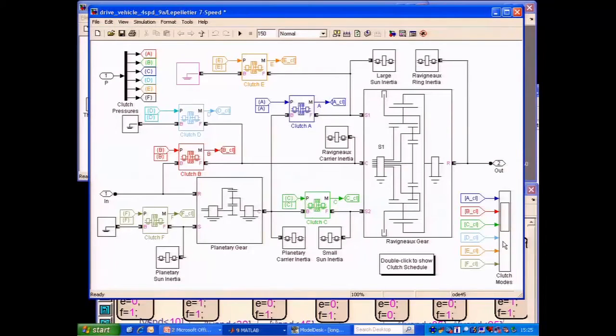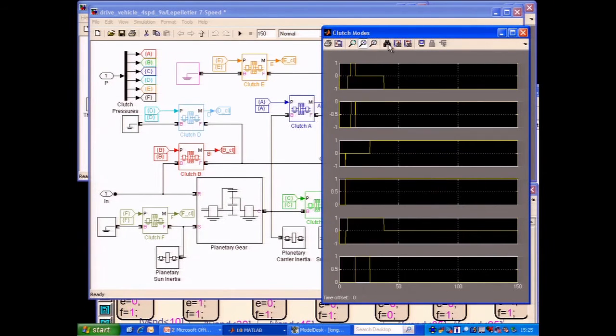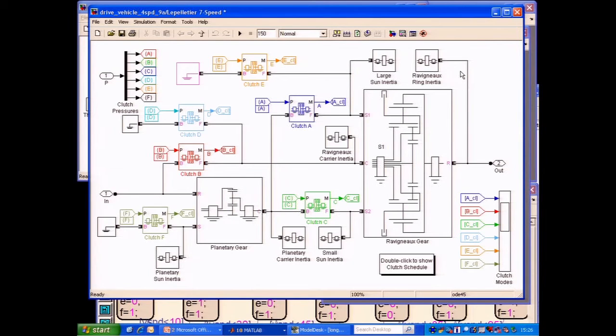If we go back into the transmission model, we can see that the clutches that have been implemented or pulled from the Sim Driveline library also give us an indication as to the status of the clutch, if it's open or closed. And this is something that could be very valuable as I'm evaluating the performance of the transmission. There's other details that I could pull from the simulation, including the speed of the planets and so forth, but this is the basic idea. I can connect these components together using these physical connections, do architectural level studies, and develop the control algorithm for this system. So this 7-speed transmission that you've seen here will then be integrated into the other portion of the solution